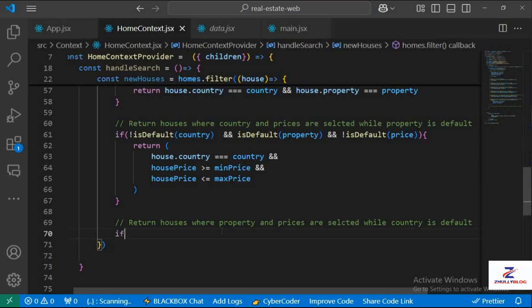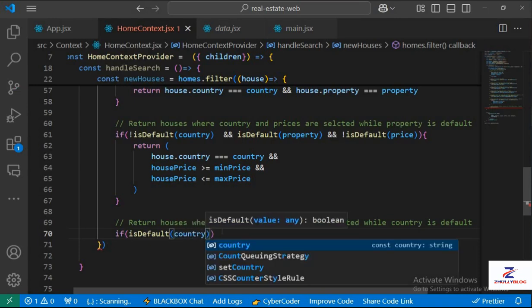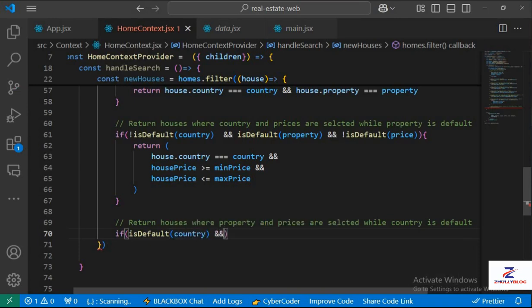Again, with our if statements, open our brackets. If country is default, country, and there's too much space here, and property is not default, property, and it's not default, price,